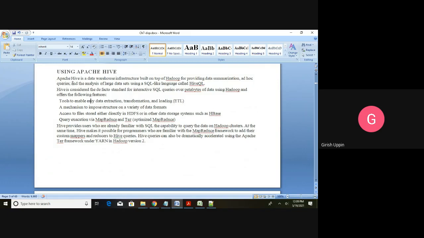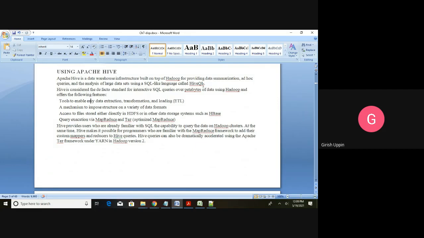Hive is used for data summarization, ad hoc queries, and the analysis of large data sets using the SQL-like language called HiveQL. It is the Hive query language.